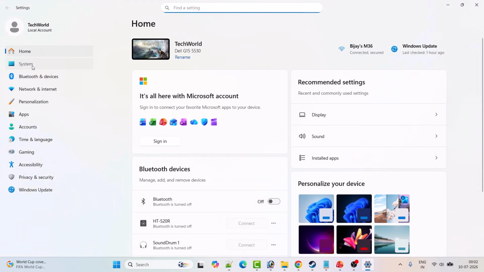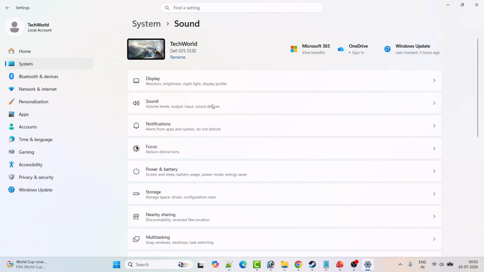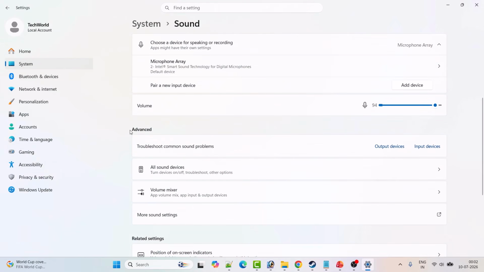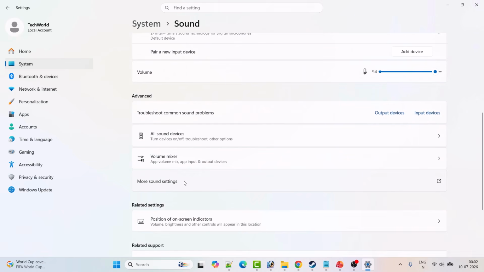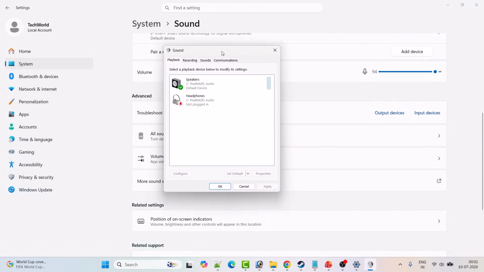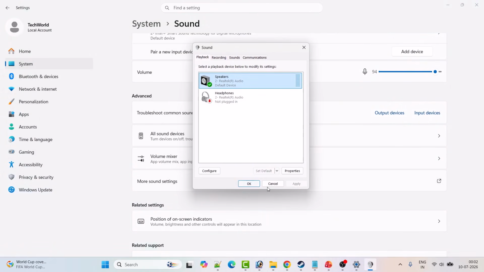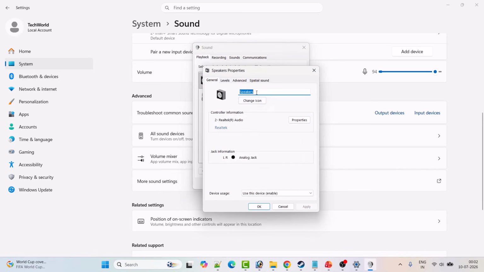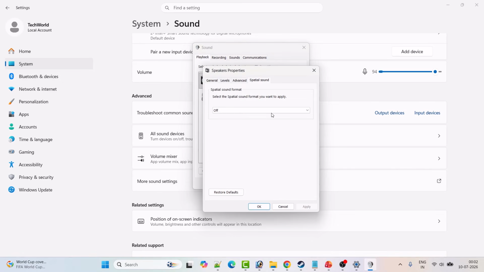On the left, click on System, click on Sound, scroll down. Under advanced option, click on more sound settings. Now select your default device, for example speakers, and then click on properties. Then go to the spatial sound tab. From the drop down, select off option first, then hit on apply, OK, and then go ahead, launch the game